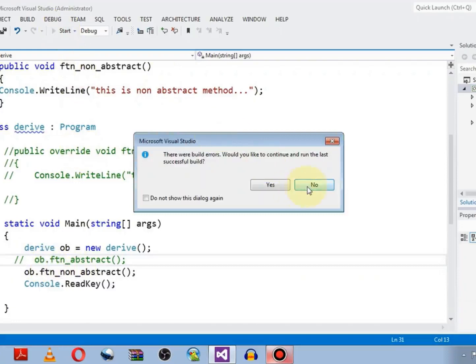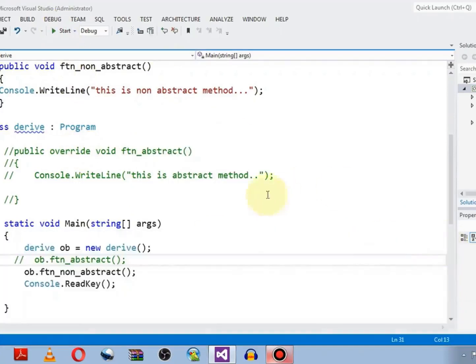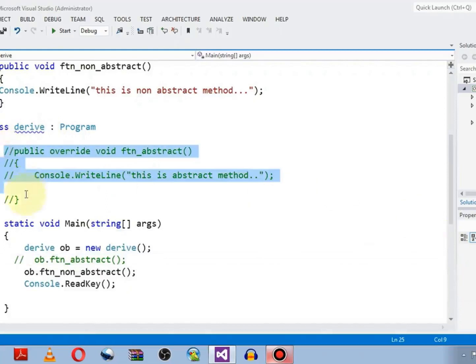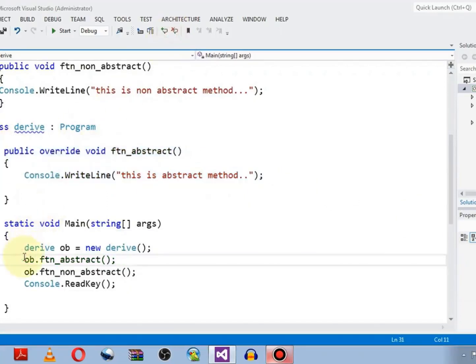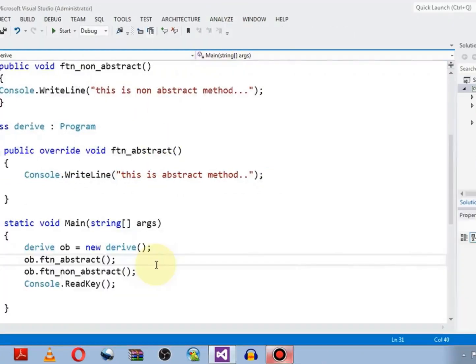You will see there is an error message that you did not implement the abstract method, so you also cannot use the non-abstract method. Once you have implemented the abstract method, you can also access the non-abstract method as well.